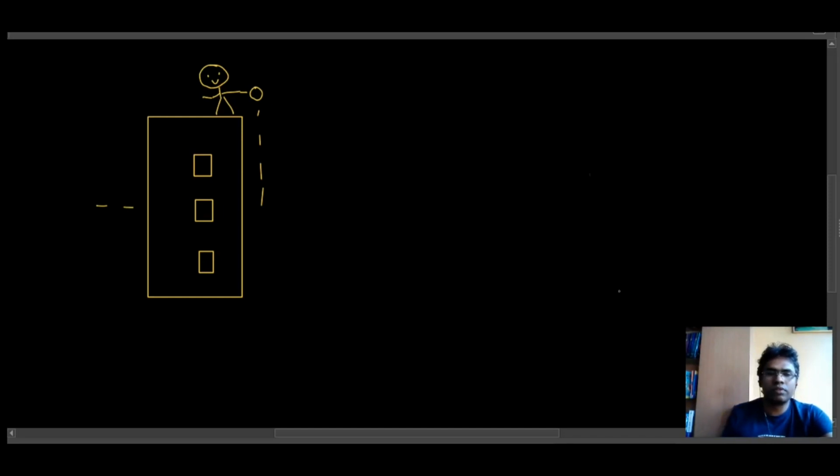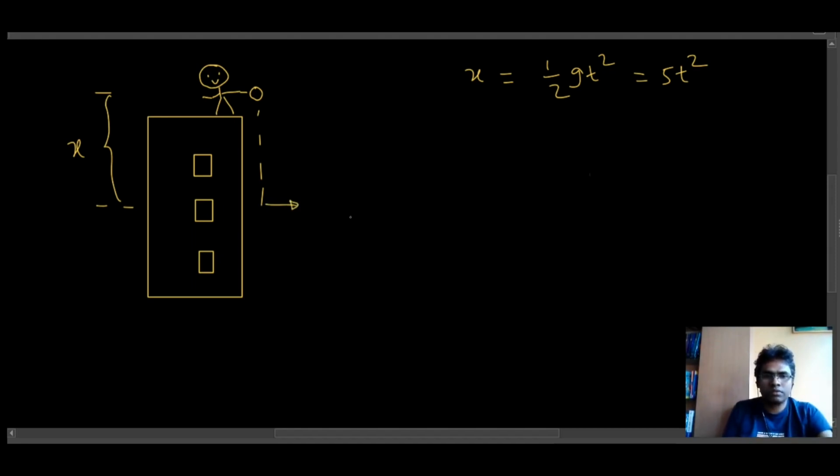To calculate the velocity of the stone at a specific time, we use a limiting approach. So here in time t, the stone attains a position x, which is given as a function of time, which is half g t square. So if I take g as 10 meter per second square, that's 5t square. Now our target time when we want the velocity of the stone to be evaluated,